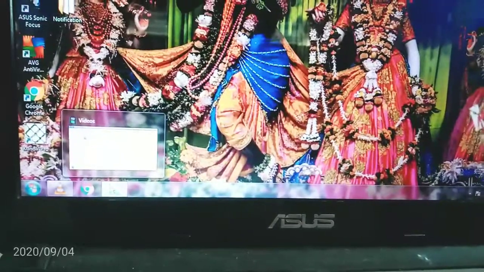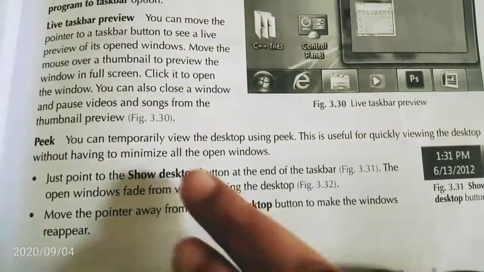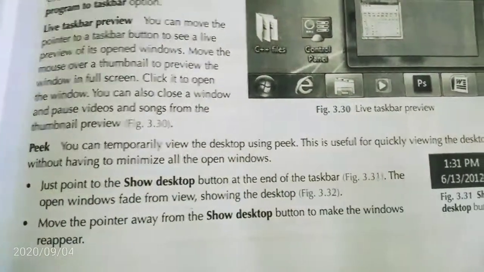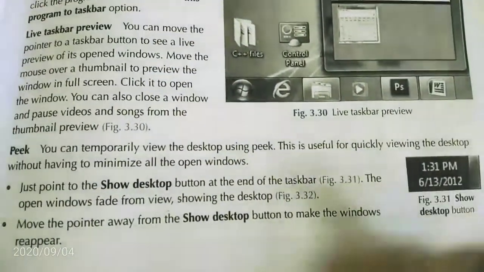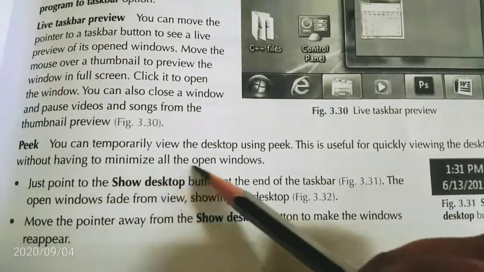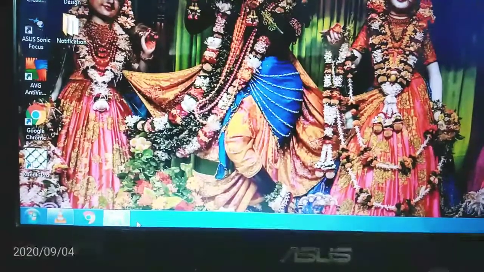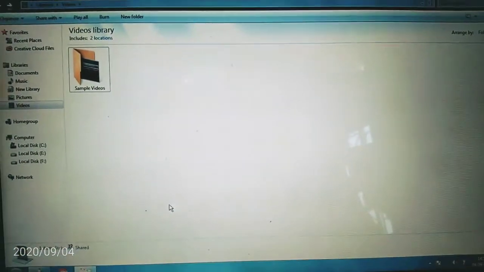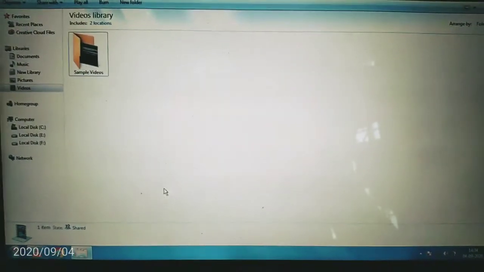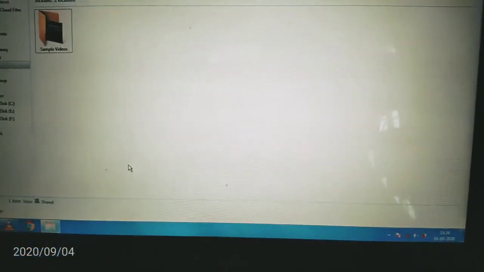Now what is Peek? Peek means you can temporarily view the desktop. This is useful for quickly viewing the desktop without having to minimize all the open windows. Suppose we are working in Windows Explorer and we want to see what is on the desktop, or any file or folder.